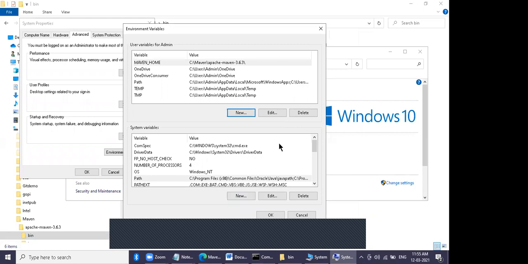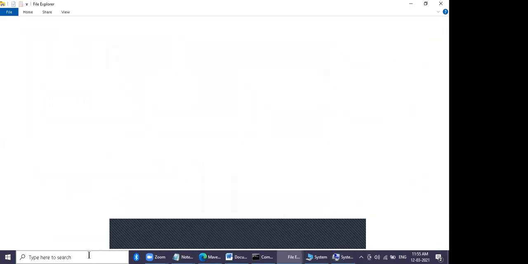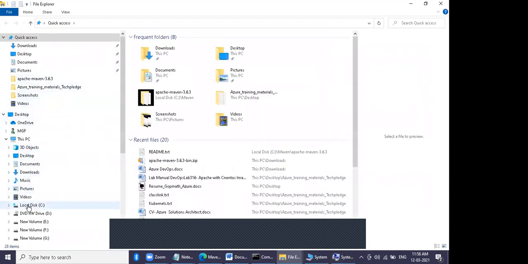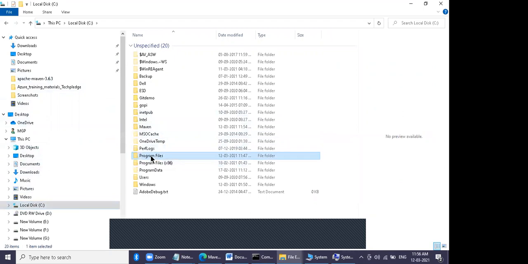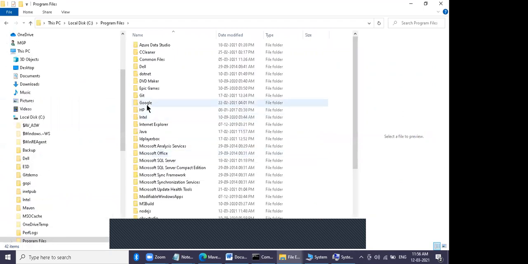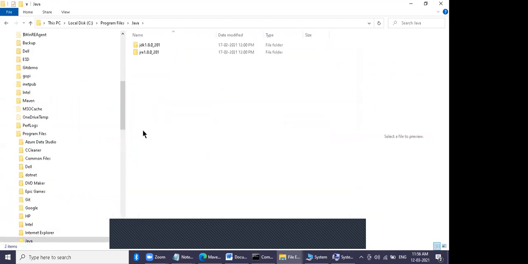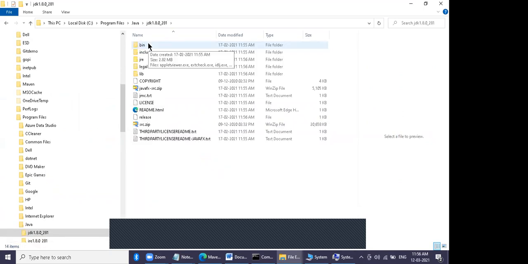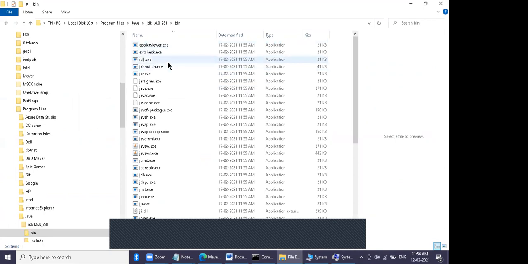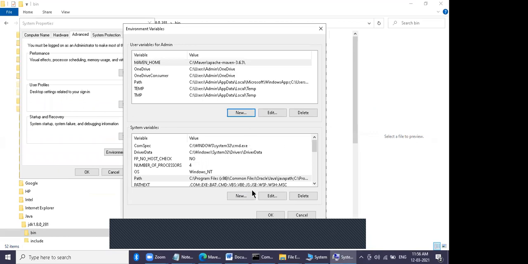Go to C drive. Go to Program Files. Go to Java. Click JDK 1.8. Click bin. Copy this whole path. Go back to your environment variables. Say new.